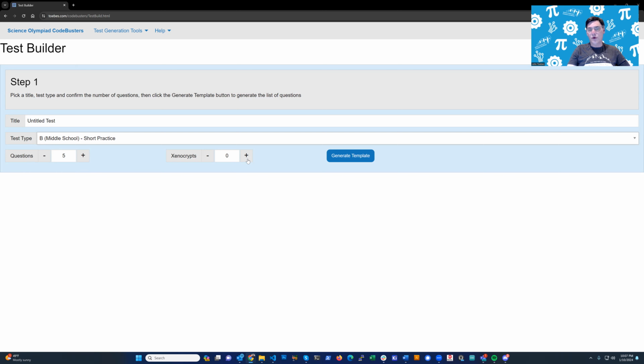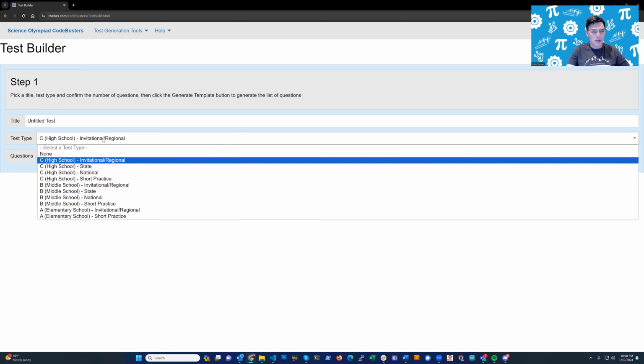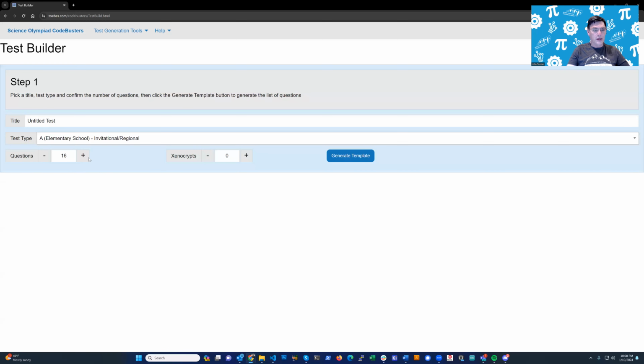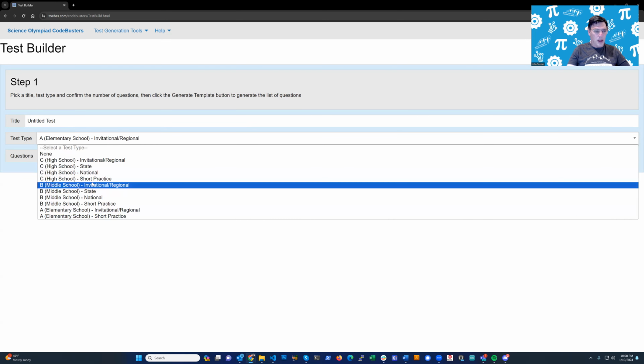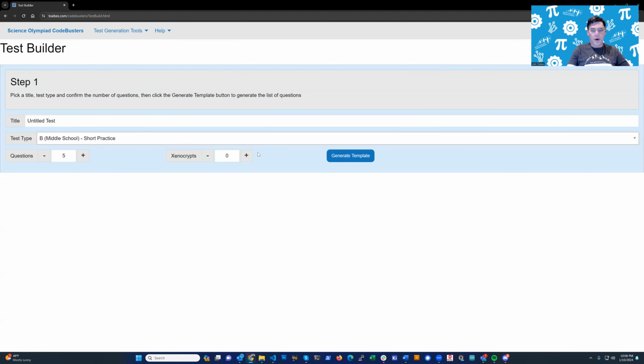us 5 questions. If you want to put a Xenocrypt on it, all you've got to do is bump that number up from the number of Xenocrypts. Or if you want more than 5 on your practice test, you can just change the numbers here. You'll see as you pick different ones, for example, an invitational regional says you nominally would expect to have 20 questions, whereas division A is going to be 16 questions. But we're going to go back to our division B short practice, 5 questions, and we're going to say generate